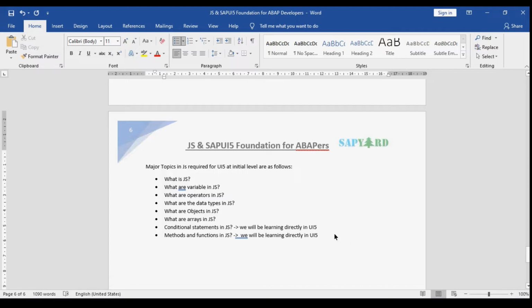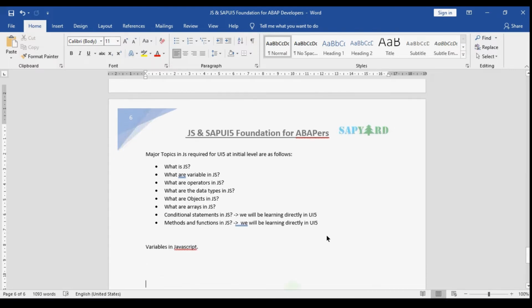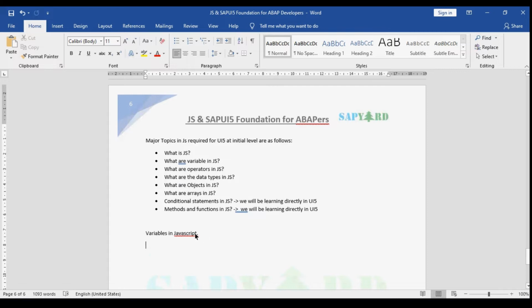Now one of the most important things in JavaScript is what are variables in JavaScript. We will talk about variables in JavaScript. In any programming language, you have to create variables. Without variables, the survival is not possible. Okay, so